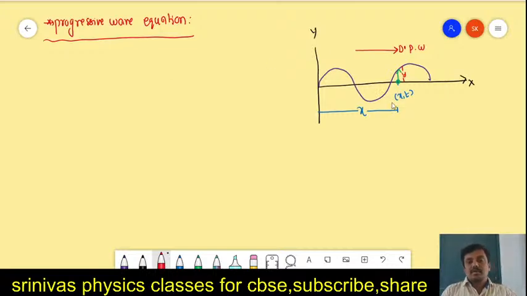Progressive wave equation. Okay, progressive wave equation. Now this wave is going in the forward direction. Progressive wave equation means here the particles are moving up and down. They are in oscillatory motion. Okay, remember it. The water wave is going like this. Then the water particles go up and down. There they are in SHM. Progressive wave equation is nothing but